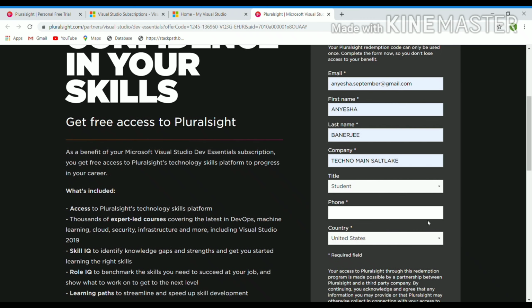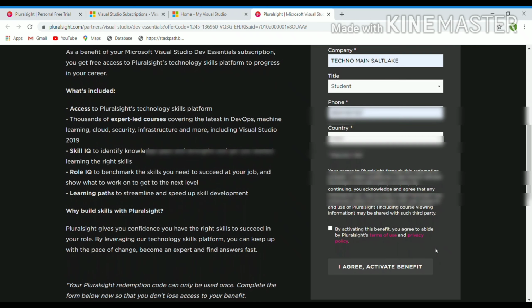You have to provide your phone number and your country name. Now just click on the last button, I agree, activate benefit.